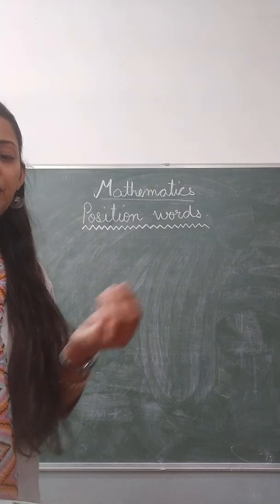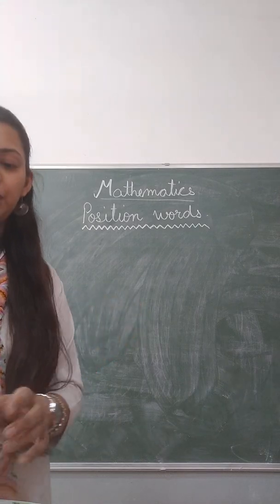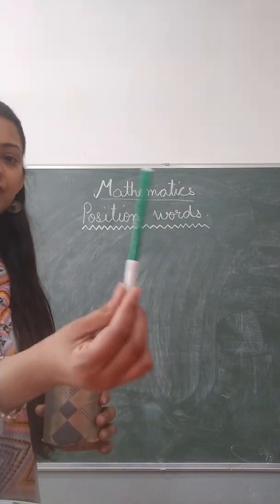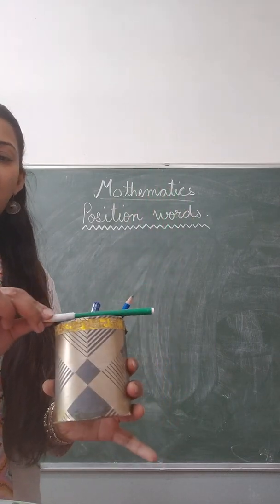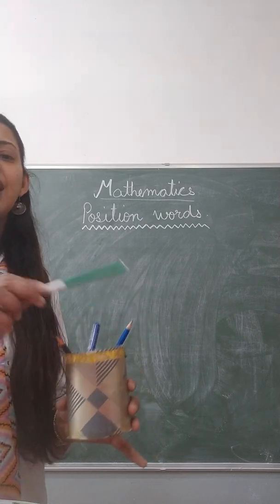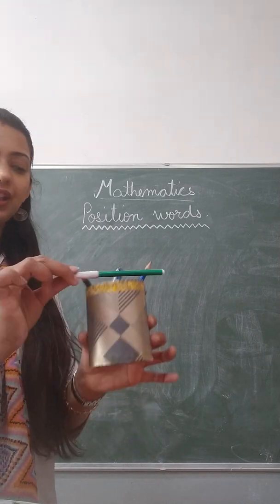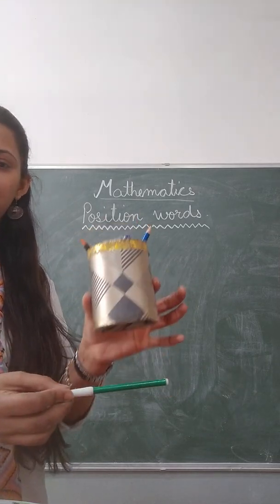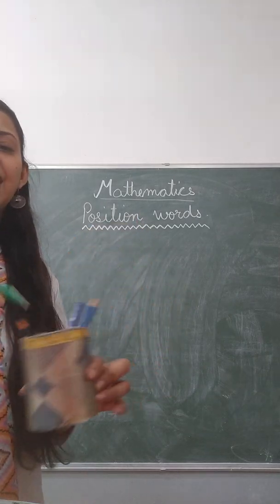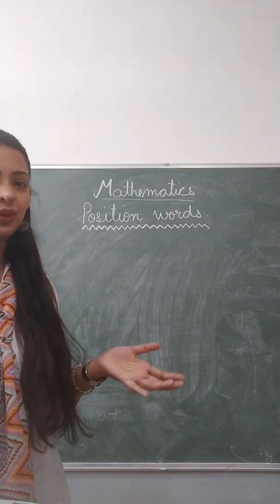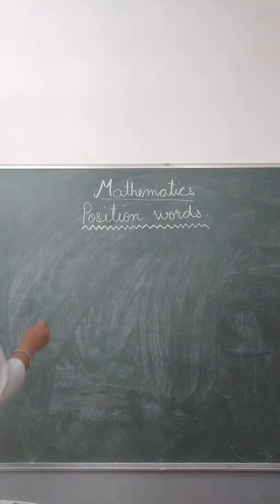Like simply, for an example, if I tell you that the sketch pen that I am holding in my hand right now is above, at the top, that is above. So these are the position words. When I am telling you that right now it is at the top, right now it is at the bottom of the box, these are the position words. Few position words that today we are going to understand are